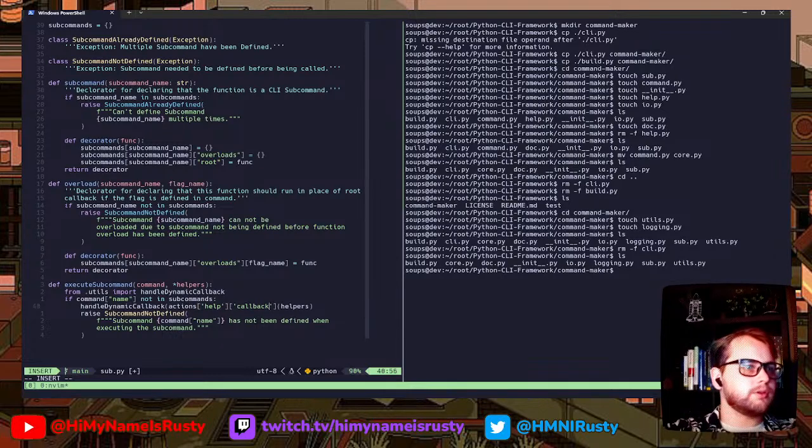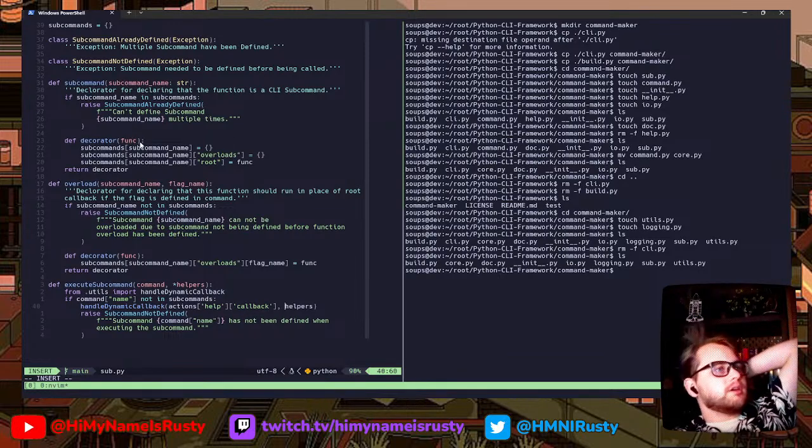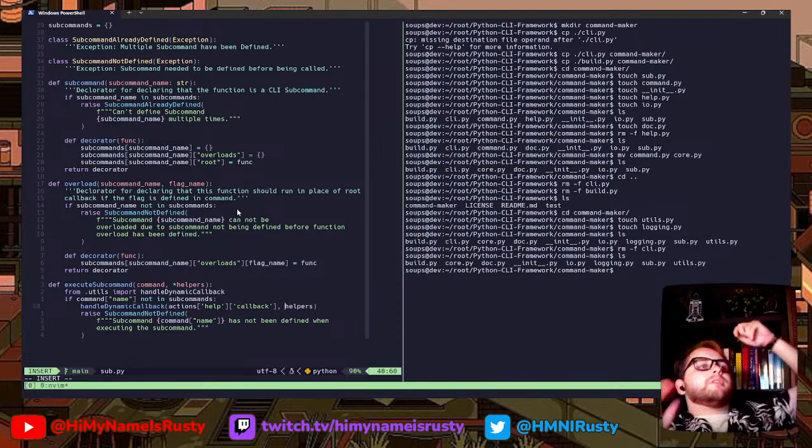So basically we are creating a function that will take in a callback with an array of arguments and call them so that I'm not bound to the function. Like, does it have it? Does this have it? I don't know. Honestly, I should probably be doing that up on the subcommands area and the overload command.